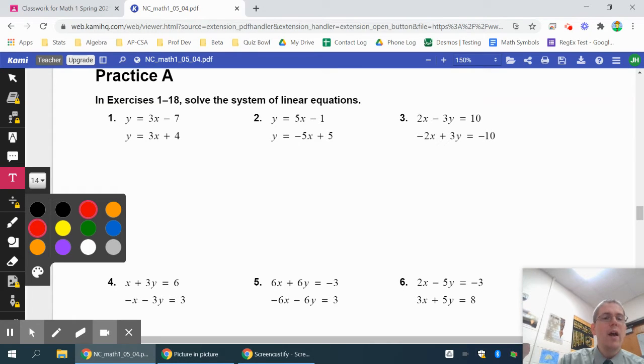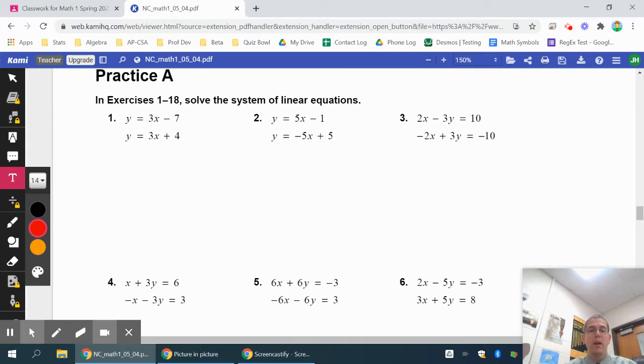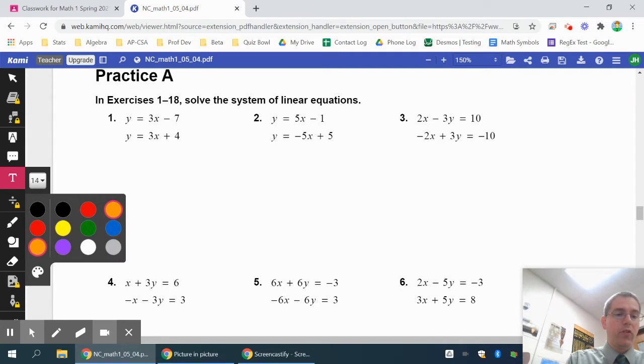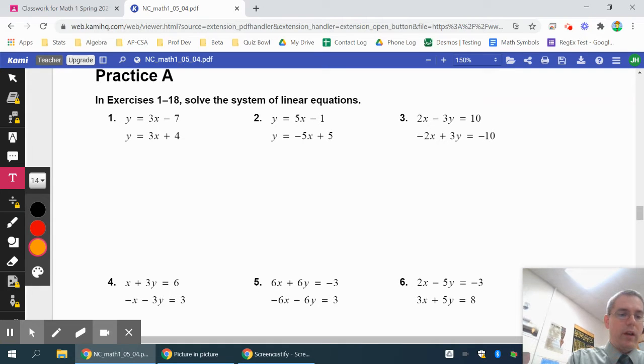We'll go through that. When you're choosing between substitution and elimination, I want you to use this guideline. If at least one equation or maybe both equations are solved for a variable, substitution is probably the best way to go. If both equations are in standard form, elimination is probably the best way to go. So if I'm looking at number one, I see both of those equations are solved for y. So the best way to go there is probably just to do